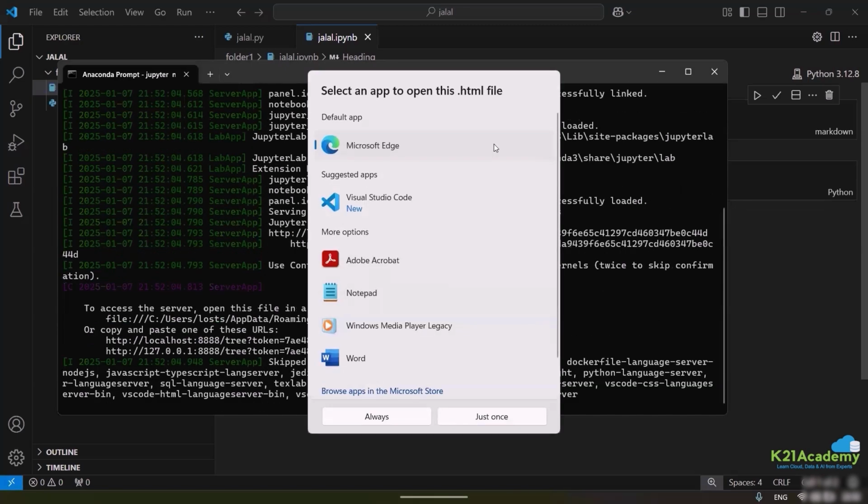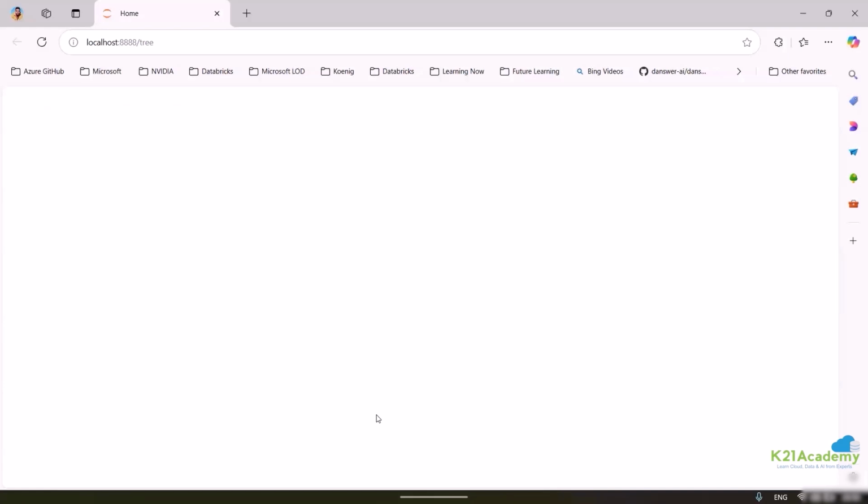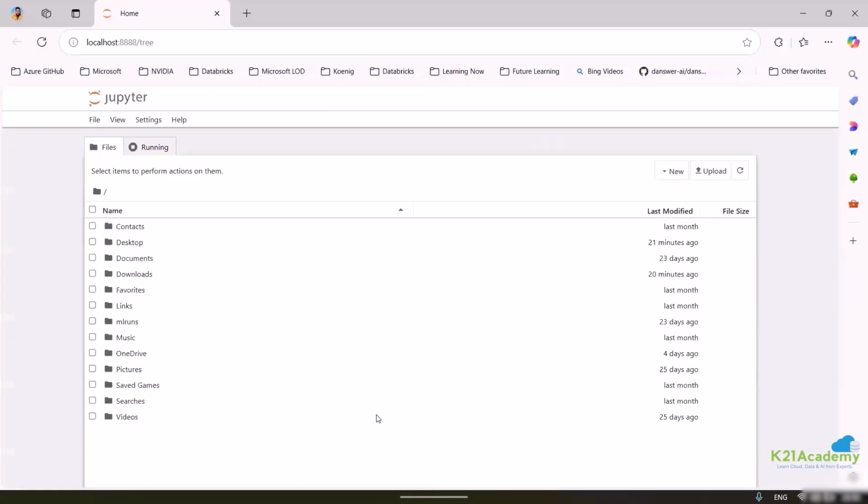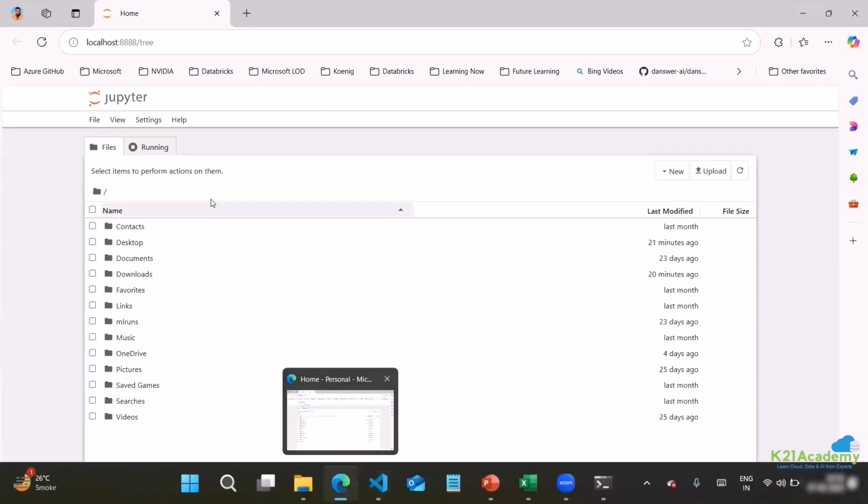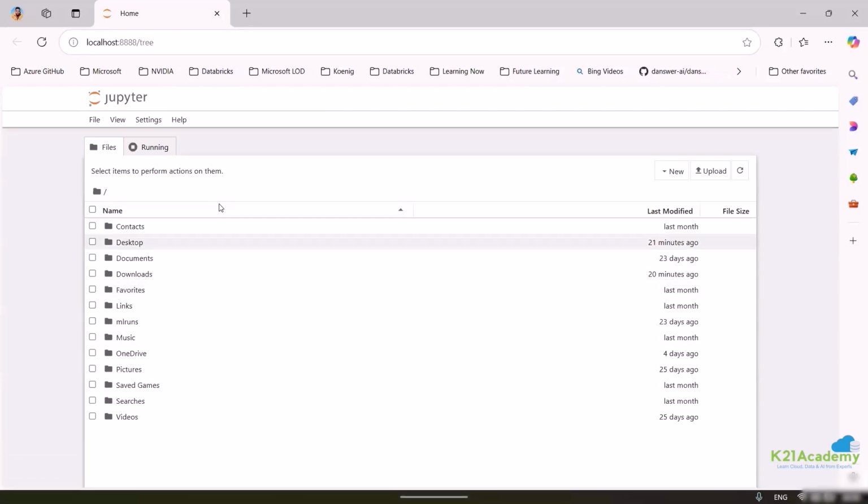The moment I do this, now it is asking which browser. Whatever browser you prefer, just select. I'm okay with Microsoft Edge, so I'll just select that. Now the moment I do this, here you can see I have something like this. Now, just to keep it simple, this is how I can open it. Once I open this Jupyter setup, we here have something called as